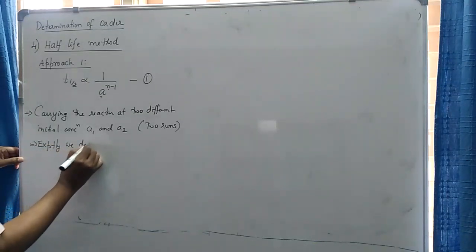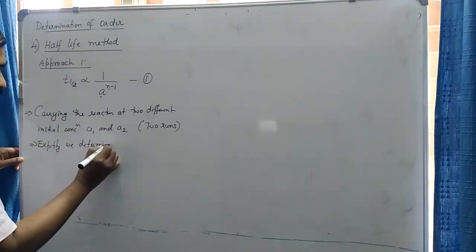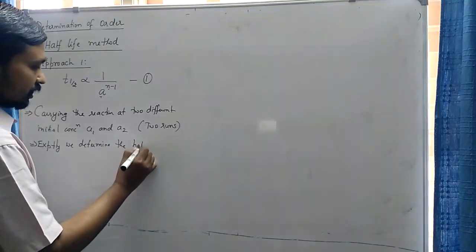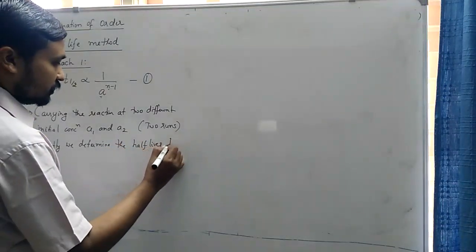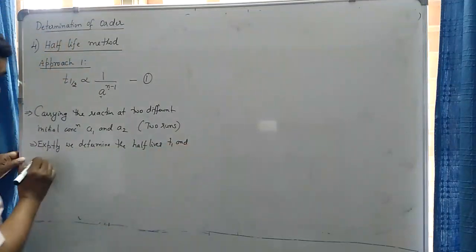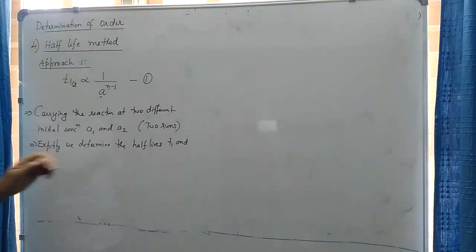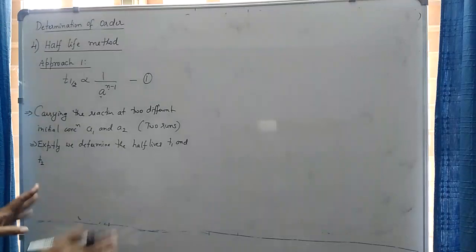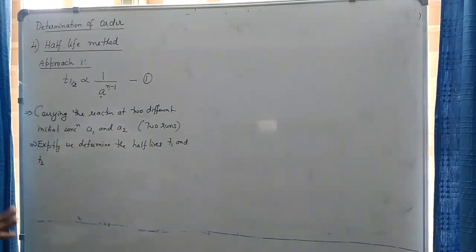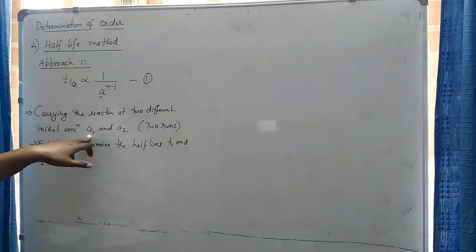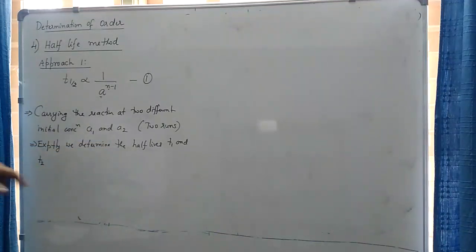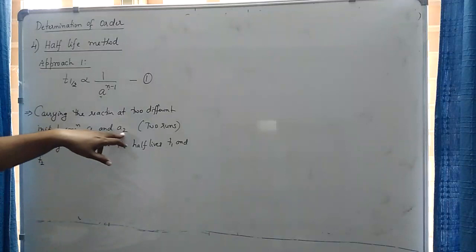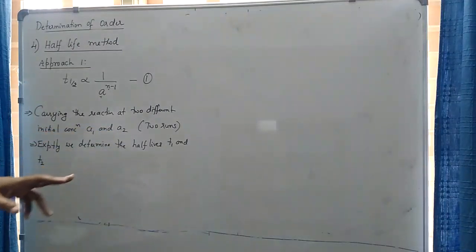we determine the half-lives T1 and T2. I will simply call half-life as T1 and T2. You can also write it as T half 1 and T half 2. Let us not make that much complicated. So I simply write half-life as T1 and T2. T1 is the half-life for the reaction with initial concentration A1, and T2 is the half-life of the reaction with initial concentration A2. So this T1 and T2 may be having same value or different values depending on the order